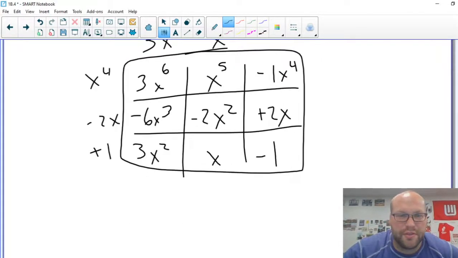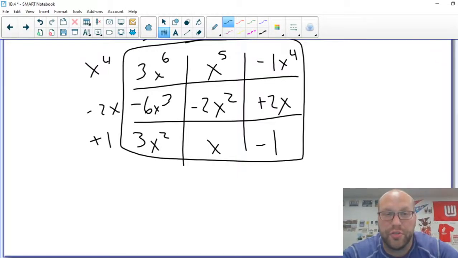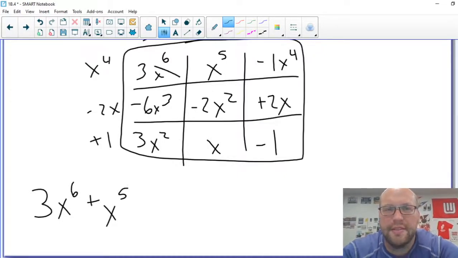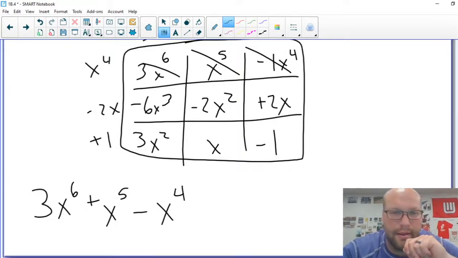And now we just look for those like terms. There's only one sixth degree or sixth powered term, so there it is. There's only a fifth degree term, so x to the fifth, there it is. Some people like to slash these off as they go, so they don't forget anything. There's 1x to the fourth term, so there it is. There's 1x to the third term,